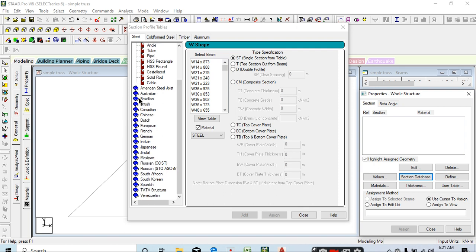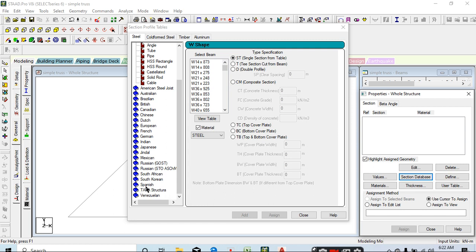Steel joist, Australian, Brazilian, British, Canadian, Chinese, Dutch, European, French, German, Indian, Japanese, Jindal. It's an Indian company, Jindal. Russian, South African. Then Tata Structures, it is also an Indian company.